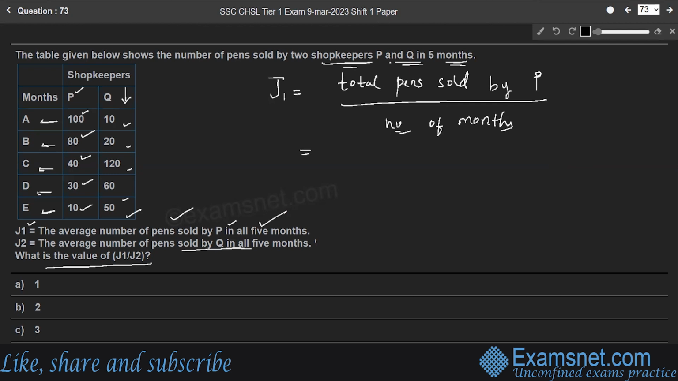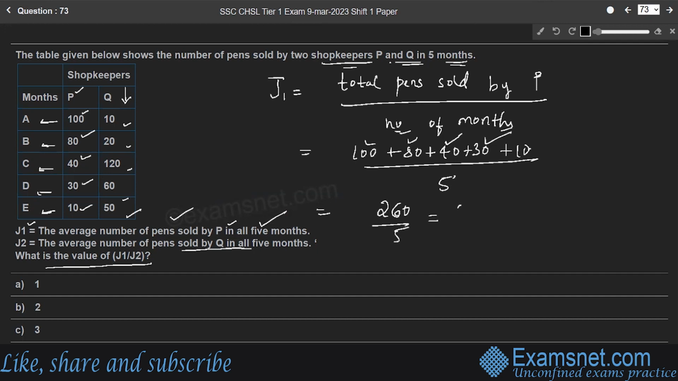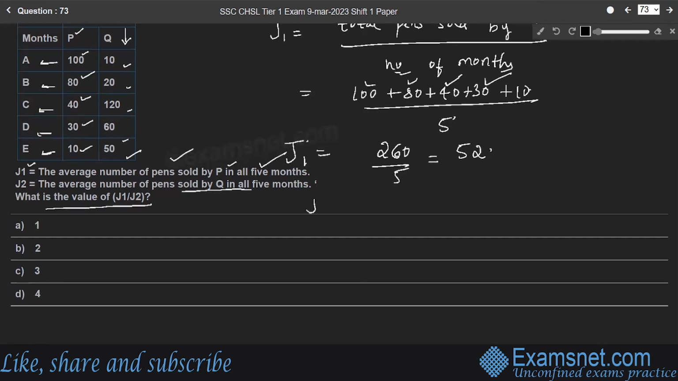So what is the total pens sold by P? P sold 100 plus 80 plus 40 plus 30 plus 10 divided by number of months, which is 5. So it is 180 plus 40 plus 30 plus 10, 260 by 5, which is 52. So the average number of pens sold by P is equal to 52, which is J1. Similarly, J2, the average pens sold by Q, which is total pens sold by Q